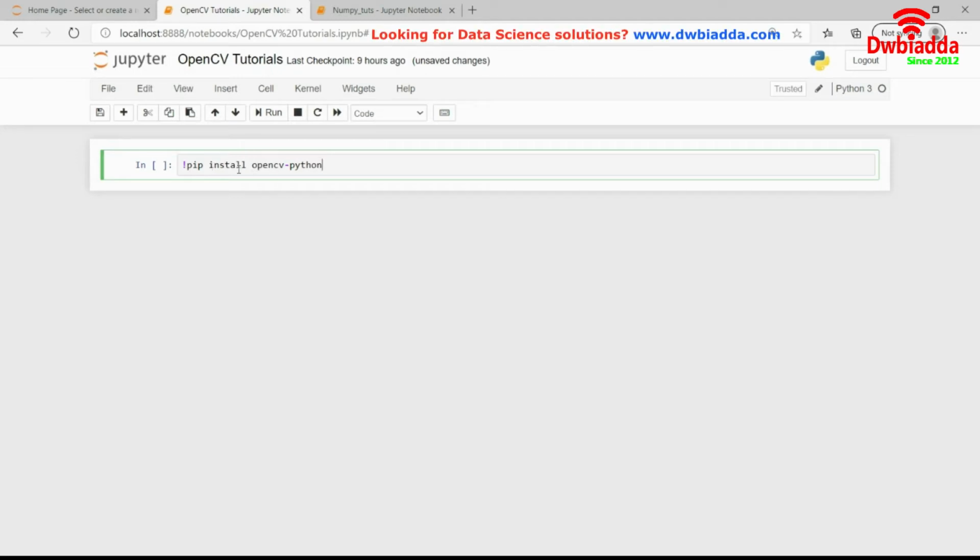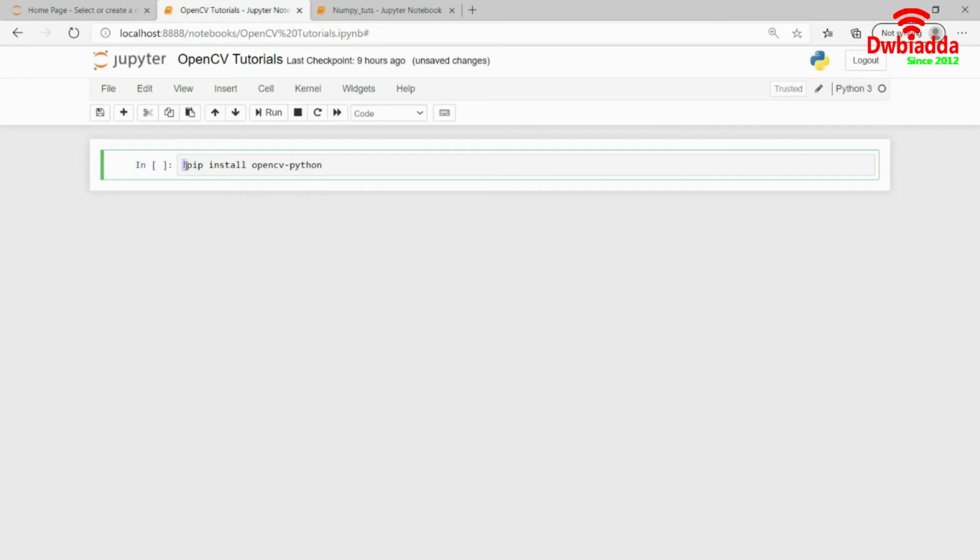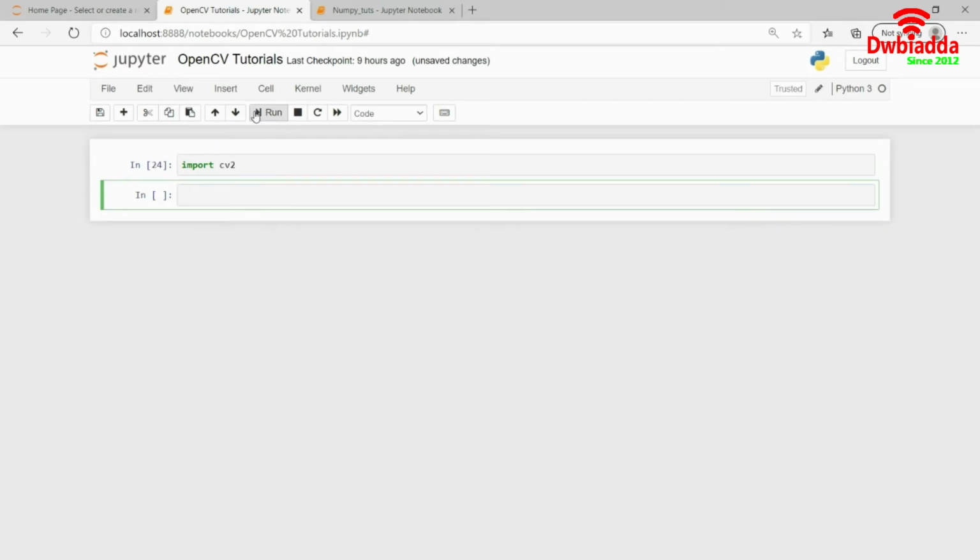Once OpenCV is successfully installed, you can check if OpenCV is running perfectly fine on your system or not. But before that, because we are using this in a Jupyter Notebook cell, please do remember to use the exclamation mark before the pip install statement. If you are installing it directly from the command line or terminal, you can directly use pip install opencv-python. No need to use the exclamation sign over here. I will just write import cv2 and see if this works for me or not. I see it perfectly works for me. If it does not work for you, then it means that you have made some error and you need to check if you have installed the required packages or not.